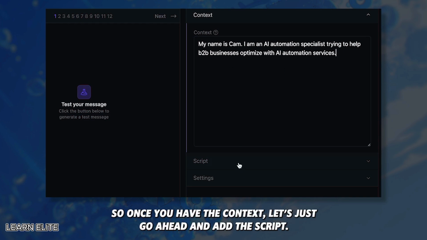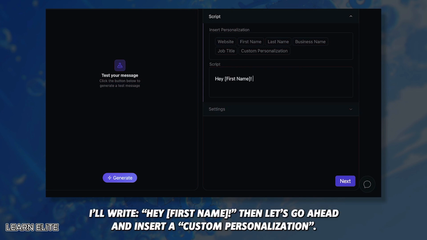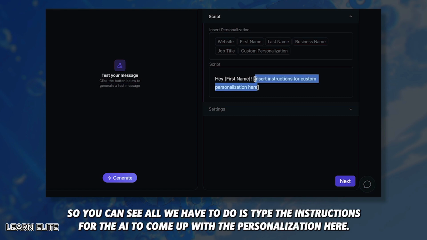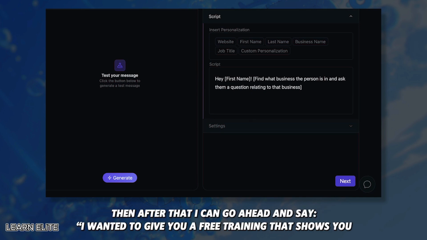So once you have the context, let's just go ahead and add the script. Here we can start inserting some personalizations. All right, hey, first name. Then let's go ahead and insert a custom personalization. So you can see all we have to do is type the instructions for the AI to come up with the personalization here. So we could say, find what business the person is in and ask them a question relating to that business. Then after that, I can go ahead and say, I wanted to give you a free training